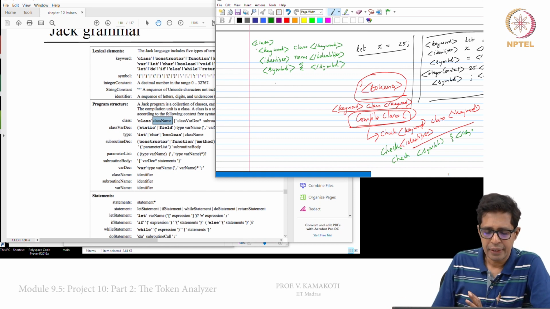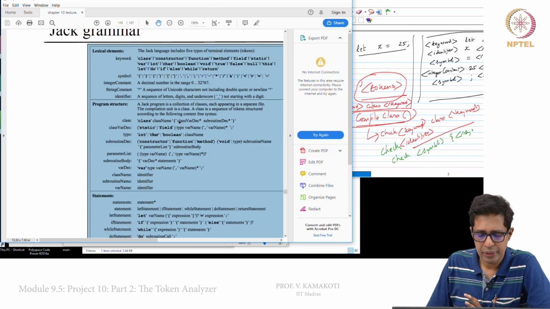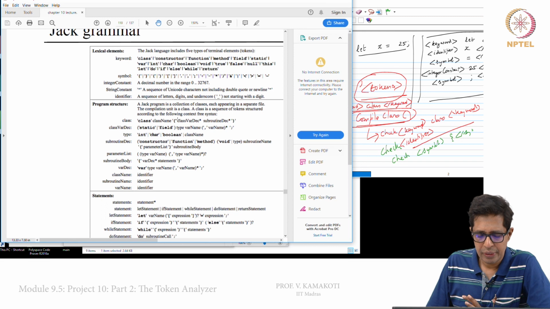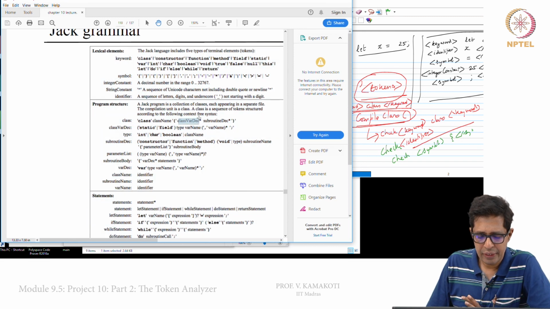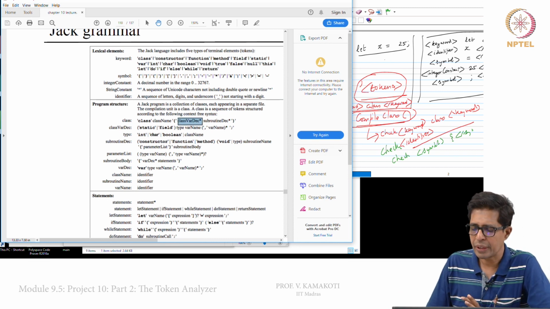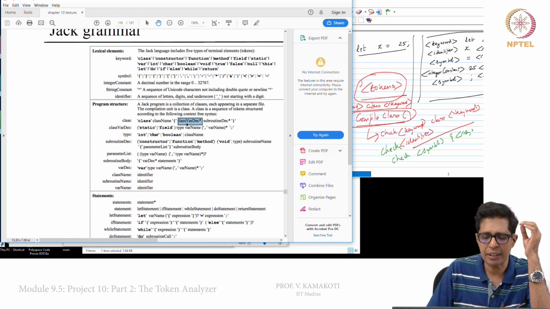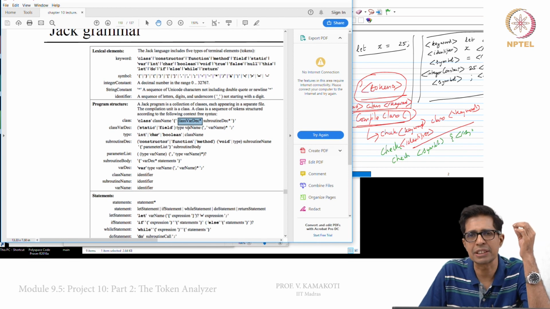Then there can be class var declarations or not. This star essentially means that there can be 0 or more class var declarations. So what we need to do is go and check.